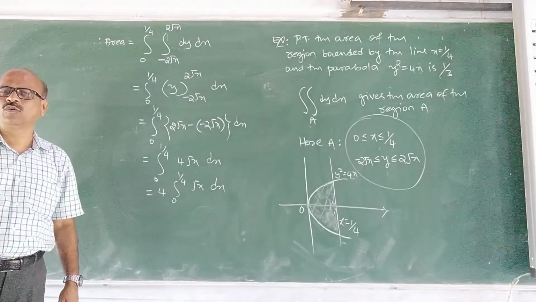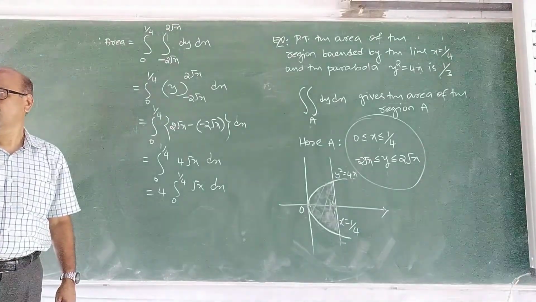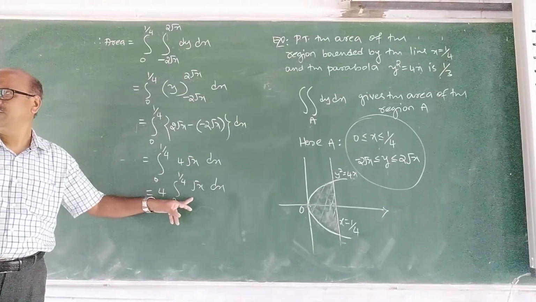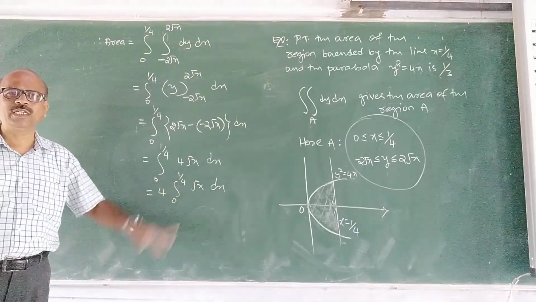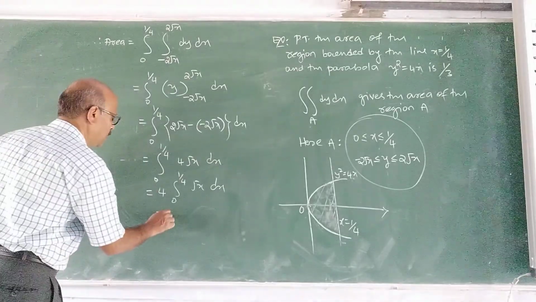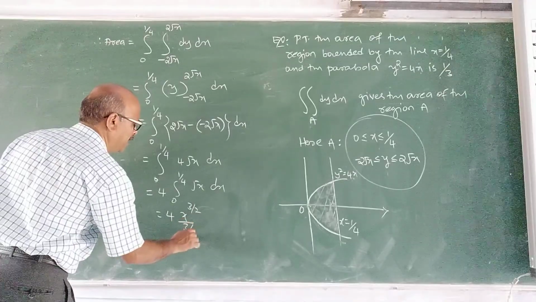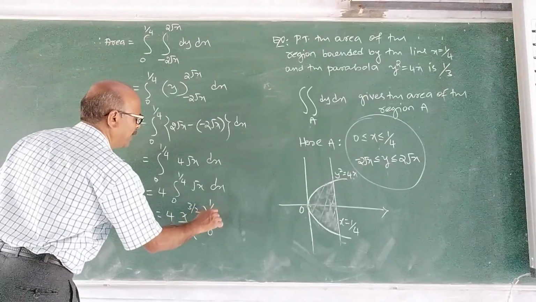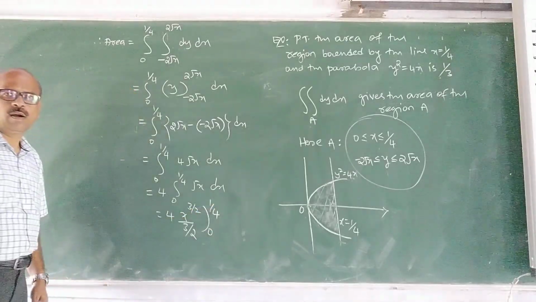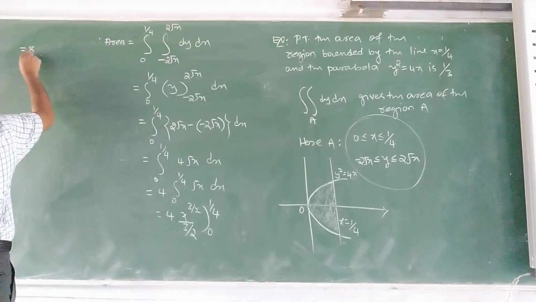What is the integration of root x? It is of the form x raised to n. Integration of x raised to n is x raised to n plus 1 upon n plus 1. So 4 into x raised to 3 by 2 upon 3 by 2, from 0 to 1 by 4. So 8 by 3,